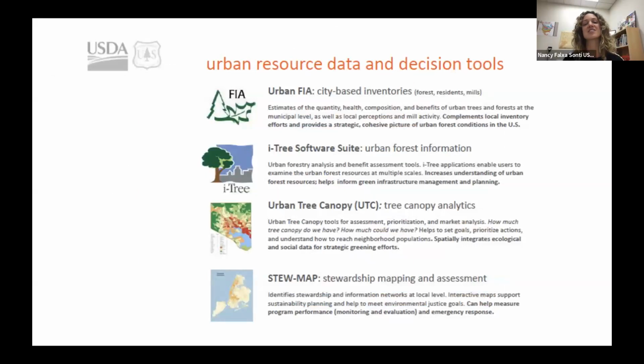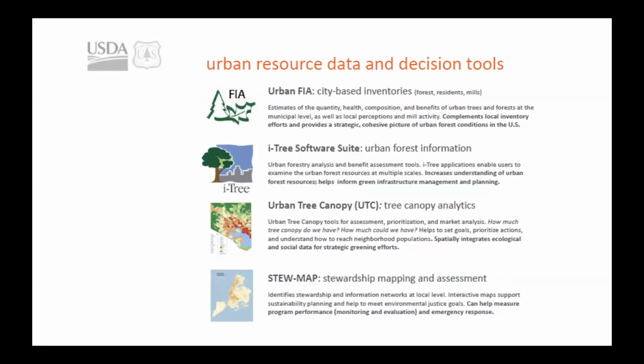And I just wanted to highlight a few tools that we ideally have in each of our urban field station locations, and that we think of as getting off the ground, getting started with an urban field station, or approaching urban ecology, interfacing with practice and management. Folks are probably familiar with some of these, but